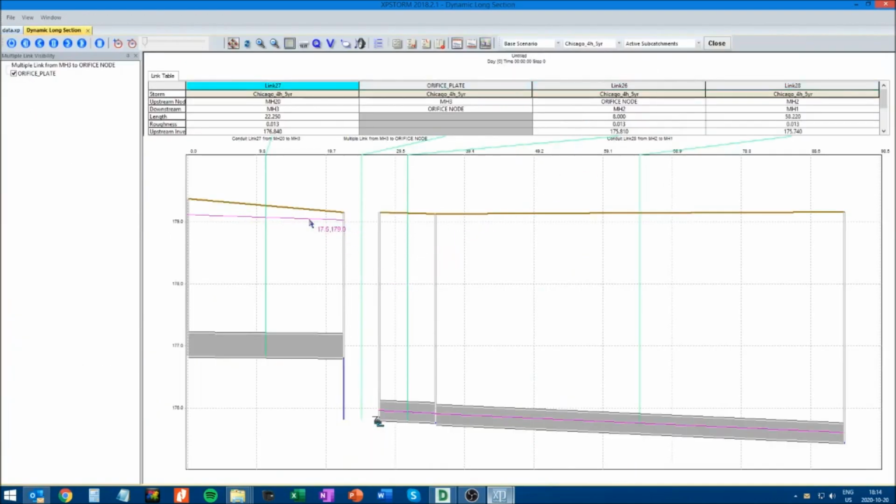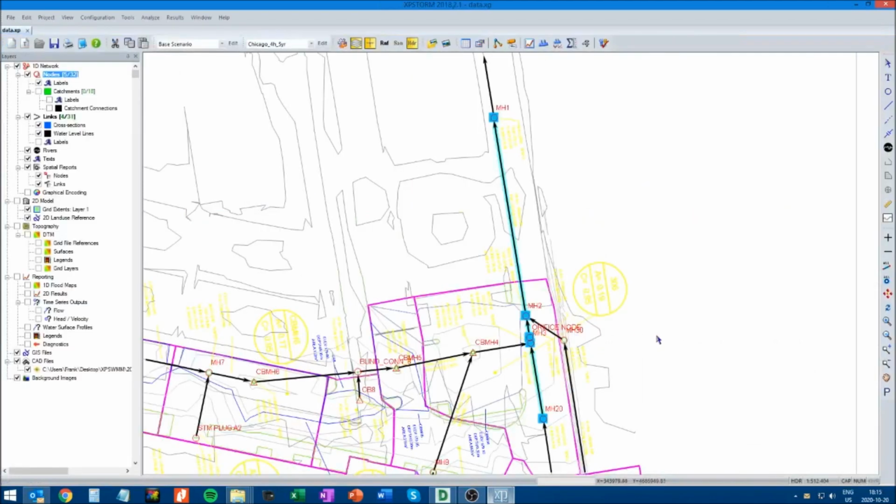See, the head acting on the orifice is pretty high. So if we put a storage here, then we should be able to reduce that head by containing the flow within that storage, and because of the lower head there will be less outflow. So I think we need to put in a storage node at this location here,